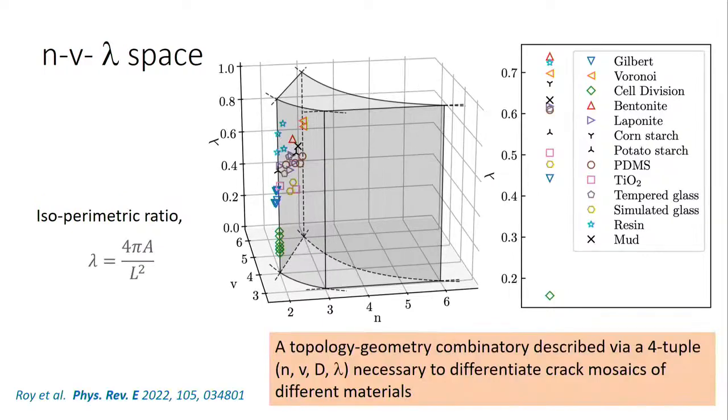And we did the same for the NV lambda space, and we see that the lambdas are again not as well separated as in D, but still quite separated. And we said that, okay, the topology, geometry, combinatory described via a 4-tuple NVD lambda is necessary to differentiate crack mosaics of different materials. This work was published in Physical Review E,